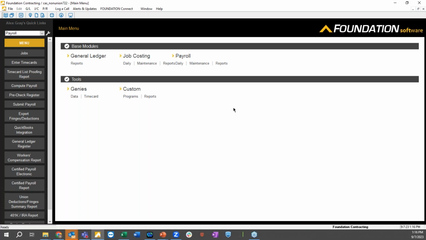With Payroll4Construction, we'll start you with a blank database copy that we'll build from the ground up to only house the information that your team may need when it comes to those payroll runs. So you'll get connected with an implementation specialist. They're going to go ahead and build this database from the ground up.